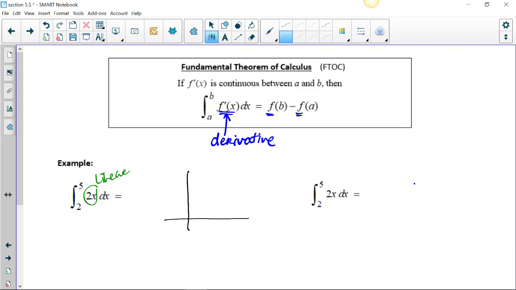So we're going from 2 to 5. If I put 2 in, I get 4. This is not drawn to scale. If I put 5 in, I get 10. Okay, so I'm looking at my function, that line on this interval, and I want to calculate the exact area